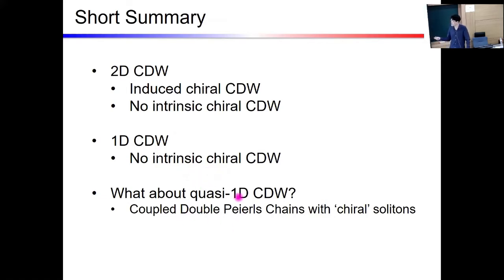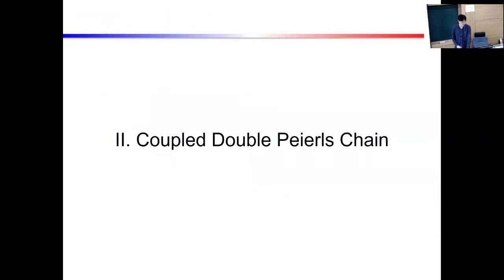But what about the quasi one-dimensional CDW case, which is a coupled double Peierls chain? Actually, there are two simple 1D chains that interact with each other. Then they have so-called chiral solitons. This chirality is a little bit different, but it gives some clue. Maybe this system also becomes chiral order intrinsically. So let me